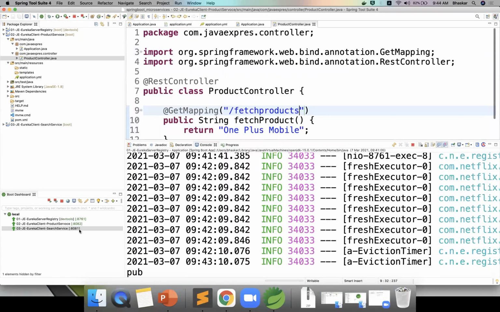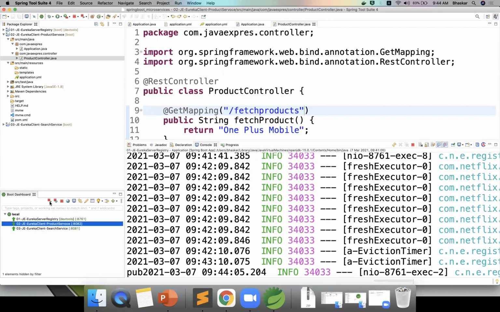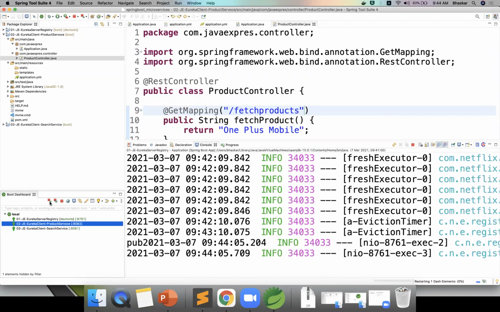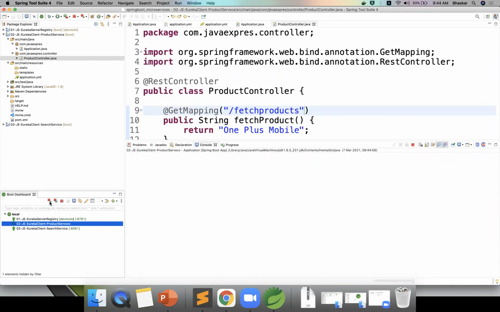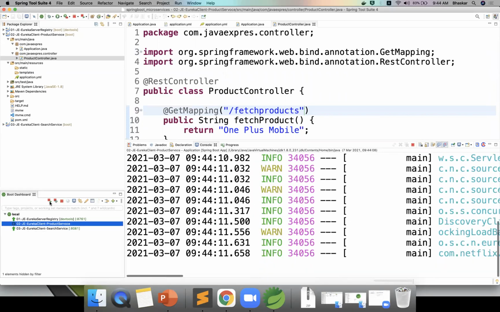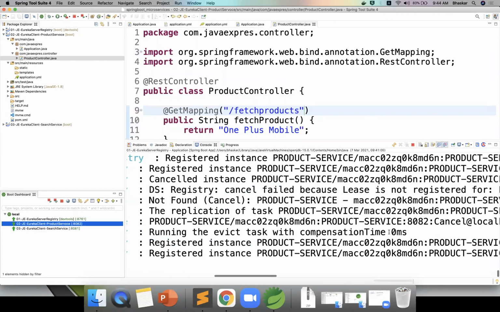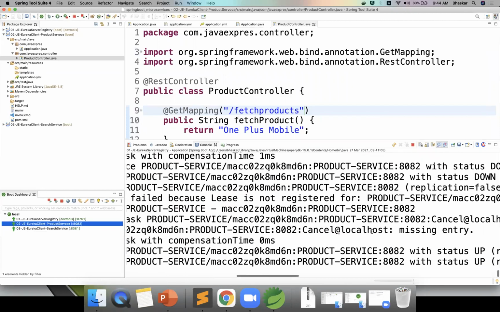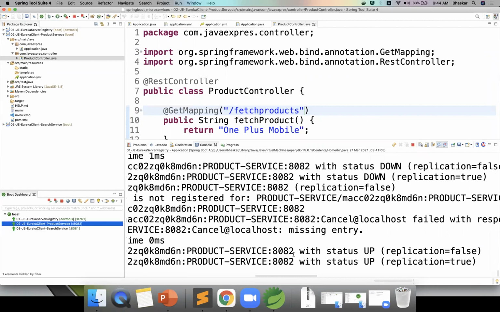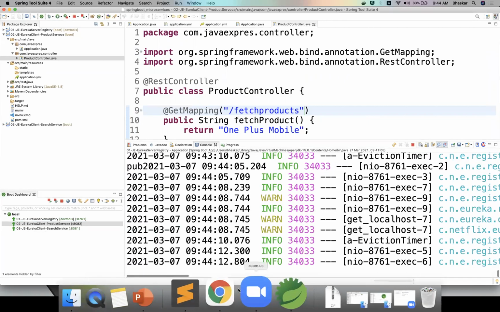Now I'm restarting my server. See here, this icon restarts the server. It will stop the existing one, then run it again. Okay, now product-service is ready. This project is ready, and see, product service is up and running. Now go there.